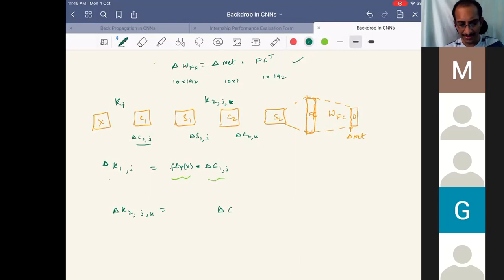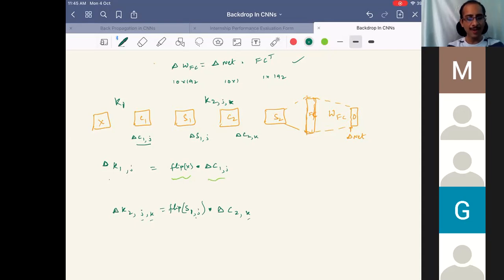Yeah, please tell quickly. Delta C2, K2K, okay, and then the version of S1. That's all. Okay, this may be flipped. How does this come in this way? We'll see later. But it essentially involves the input of the corresponding map, and then the output errors of the corresponding map. For the output errors we take, and in the input we take, the operation of those two will give us the kernel. That's all.